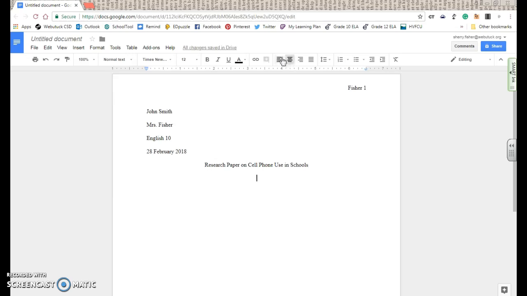And now you want to go back and you want to left justify or left align your text. So you're going to select the left align. Now, here's where you're going to start writing your research paper. However, at the beginning of every paragraph, you must tab once to indicate that you are starting a paragraph. So I'll click the tab key. My cursor moves over technically 1/2 inch, and then this is where